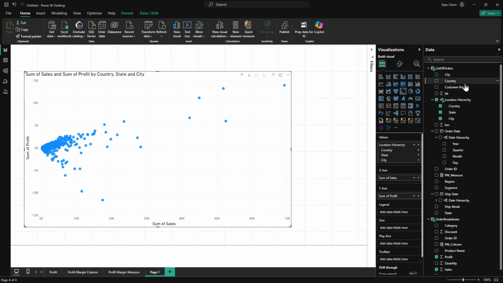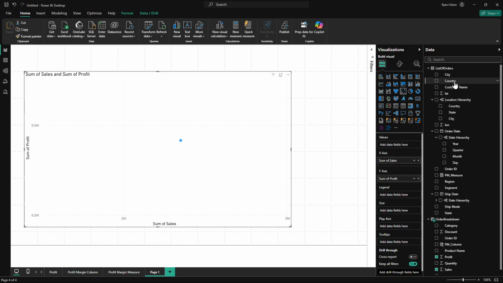How about if we are interested in looking at the customers as well? Now, there's no customer ID. So if there was a customer ID, we would know that's a very specific, unique customer, right? But we don't have that. The best we have is a customer name. So what we can do, if we get rid of this